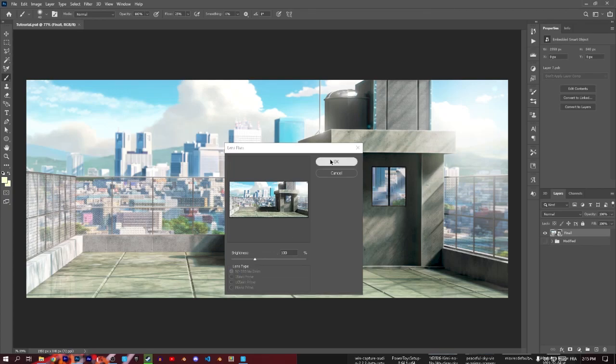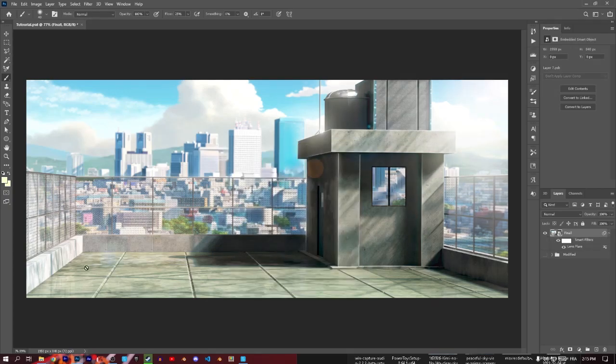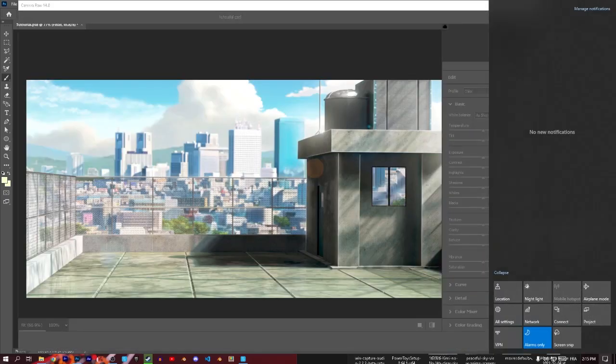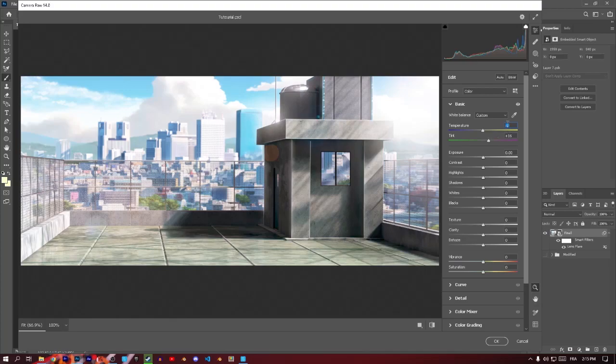Maybe 50 will do the job. Yeah, you can see, wow, amazing. Now you can go to the filter, camera raw filter, and play with the colors. I turned off everything. Now just decrease the temperature to maybe -1. The tint, increase it to +16, something like this, to get this